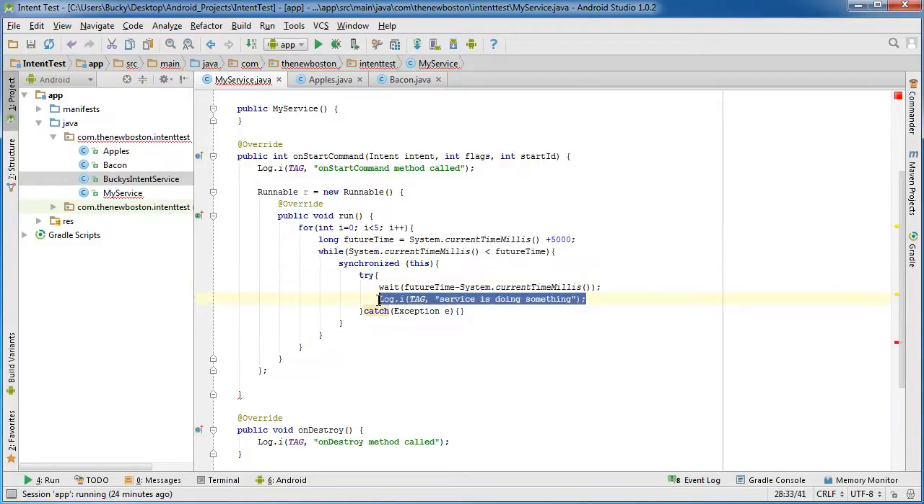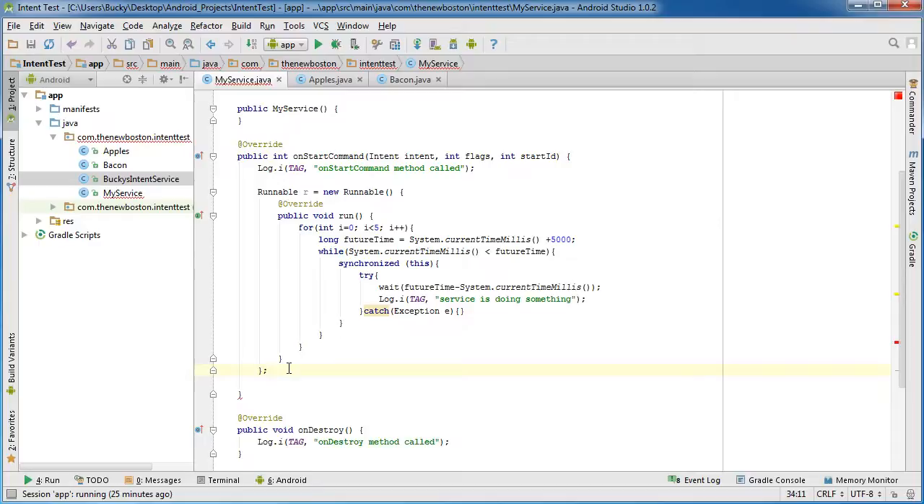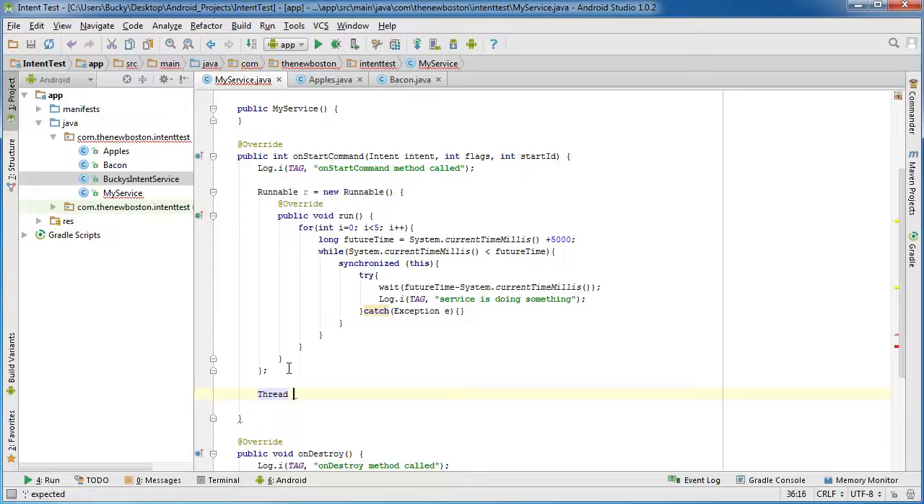But of course you would want to put some code in here, like downloading images or checking a database for whatever you want to happen. But now that it's stuck on a new thread, it's not going to interfere with whatever else the user wants to do on your app, like changing screens, clicking buttons, playing the game, whatever. So now that we have this background process set up, the only other thing we need to do is kick off this thread. So I'm just going to name mine Bucky's